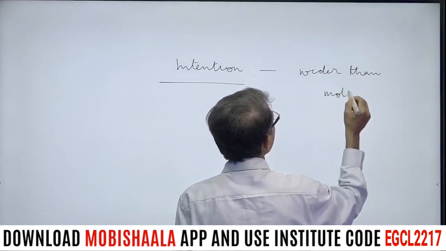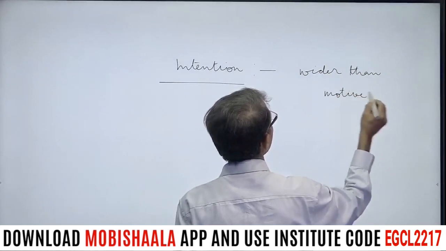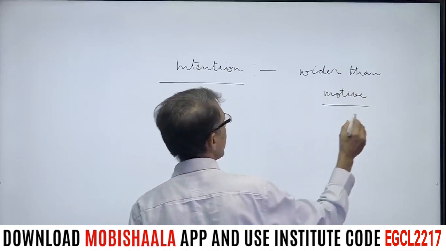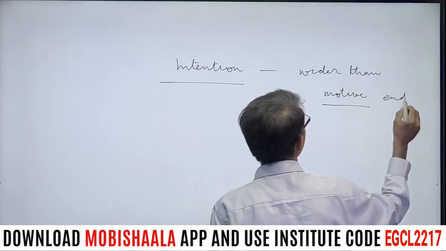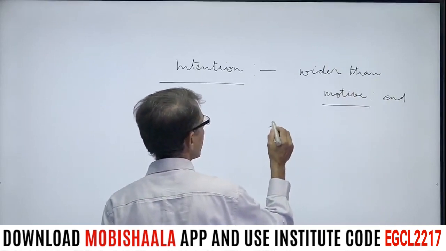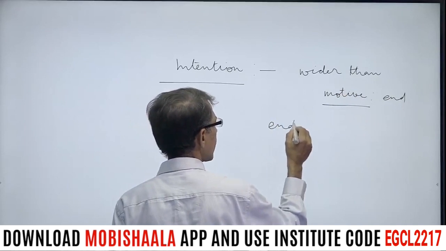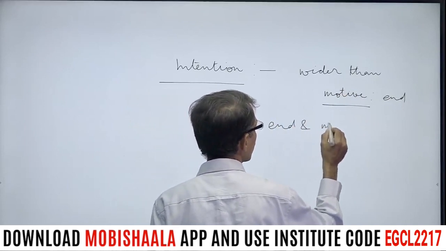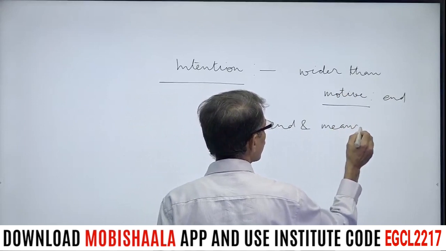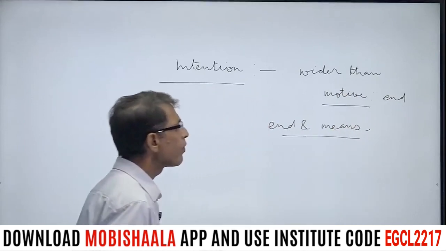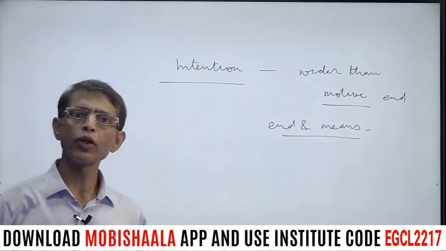As you know, a motive has only end, and intention has end as well as means. So it includes both. And later on we will be able to understand whether the motive alone is a means